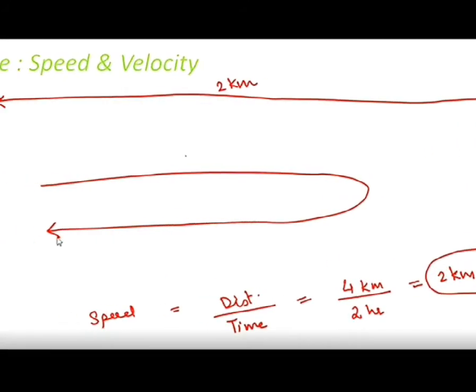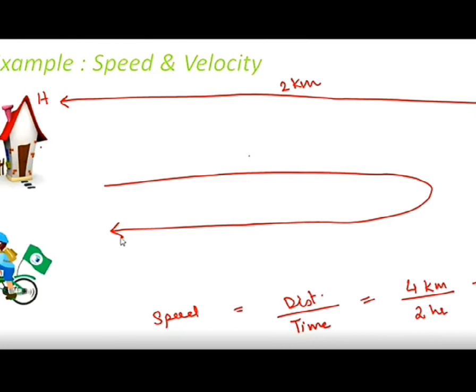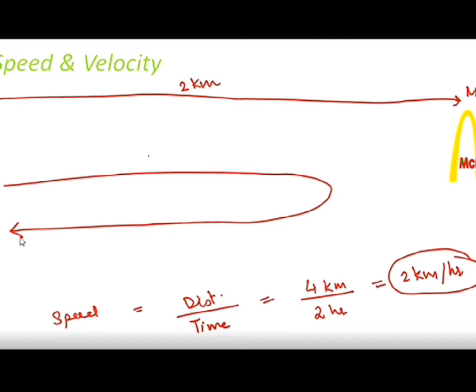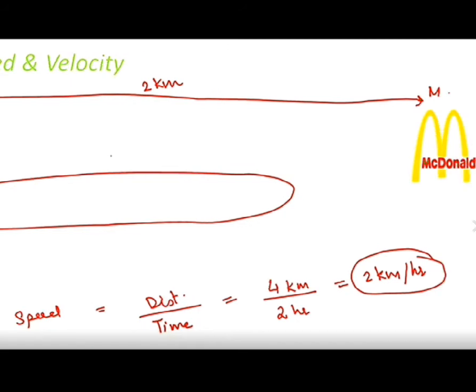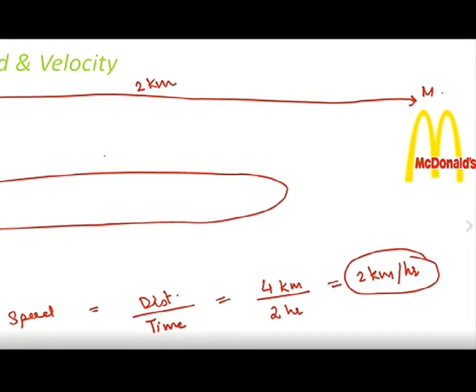Now he says he takes 1 hour in going from house to McDonald's, and it takes another 1 hour in coming back. So again the time will be 2 hours. So distance is 4 kilometer, time is 2 hours. 4 divided by 2, and you will get 2 kilometer per hour. So speed comes out to be 2 kilometer per hour. Okay,